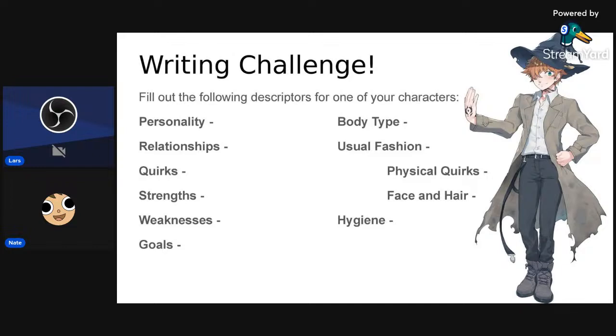Excellent. Now then, this is something that in other discussions I've talked about with other writers, where they're like, okay, Lars, sure. So you gave me this list of things that I need to write, but I still can't imagine my character. They're not coming into my mind. I don't see them. I can write it, but I don't see them. And that's okay. If you find yourself in that situation, I understand that. Not all characters immediately and clearly come into your head. So I want to give you a little bit of advice that might help you to bring out that image. And then we'll come back to this.